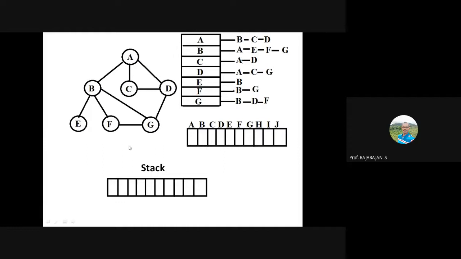So let us observe how this works. Before that, it involves the usage of a stack. Remember this very carefully, because DFS will use a stack, whereas BFS will use a queue. The next algorithm will simply replace the stack by a queue, and the entire result will be totally different. So you have to remember to use a stack under the DFS traversal. So step one.